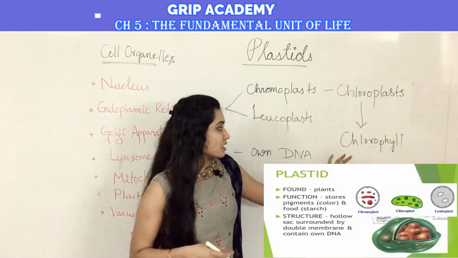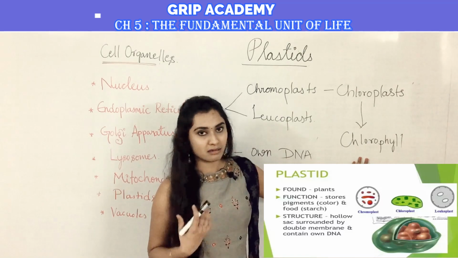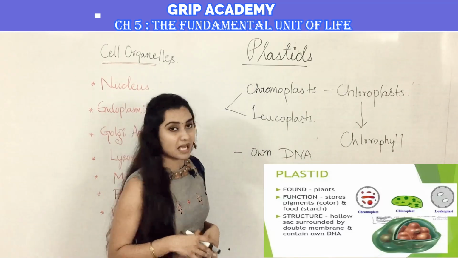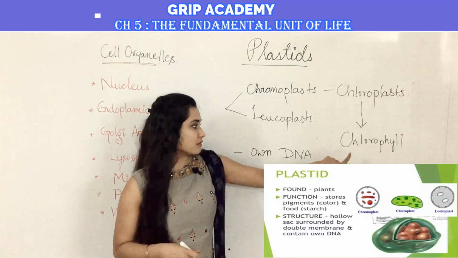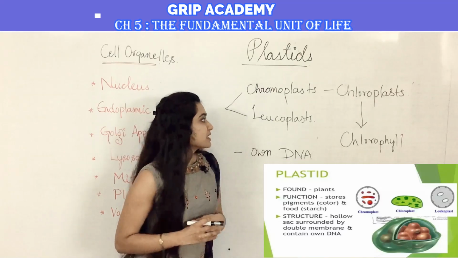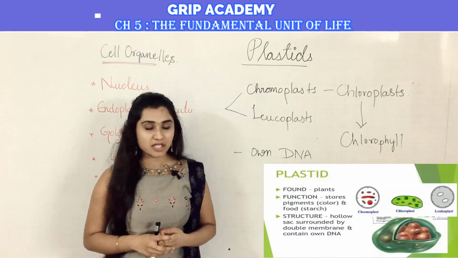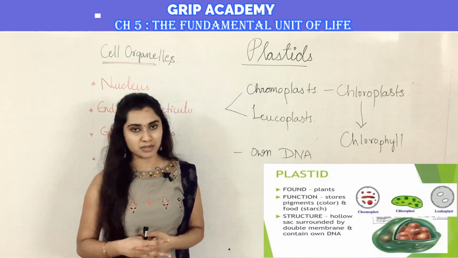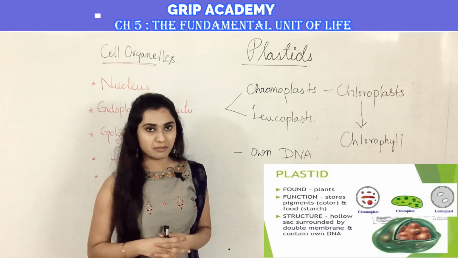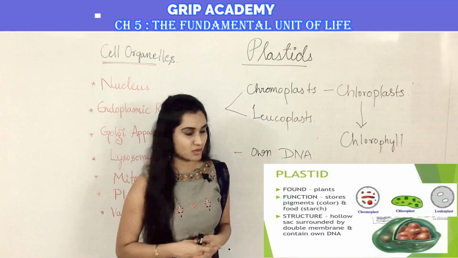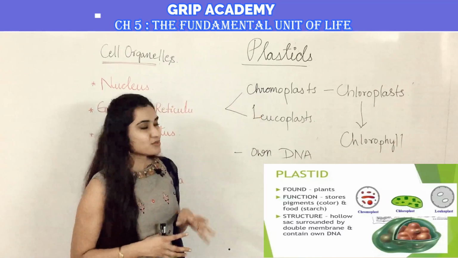As you all know, how important chlorophyll is in the process of photosynthesis. Plants prepare their own food with the help of this chlorophyll pigment only. Now coming to the leucoplast, the leucoplast plays a very important role in storing oil granules, fats, the required materials, or even sometimes starch also. So this is all about the types of plastids.